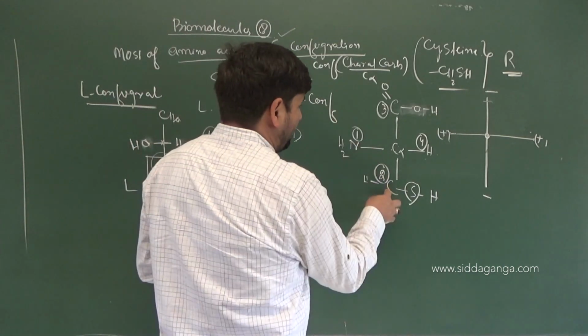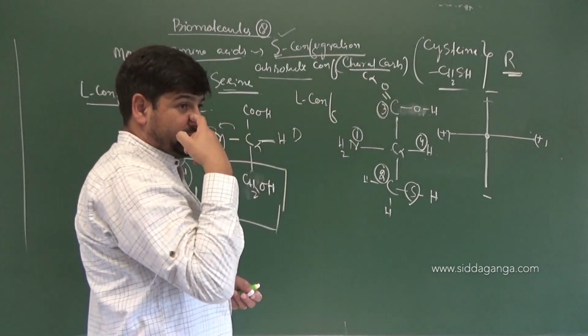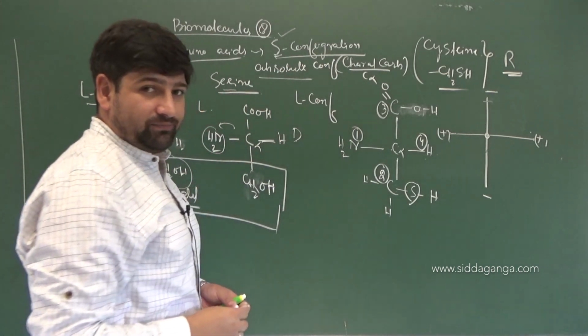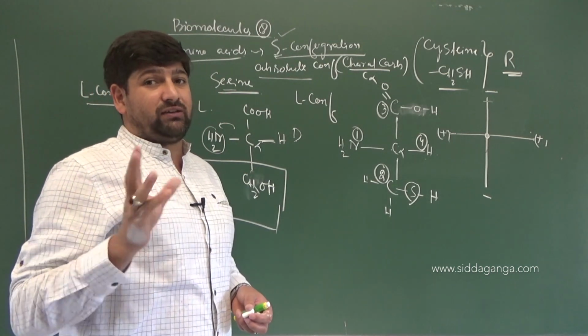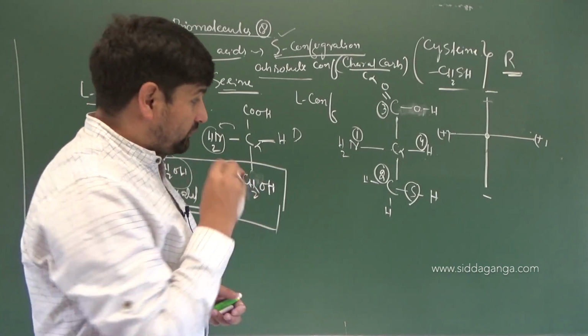Now this is number 1, number 2, number 3. I will forget about this hydrogen itself. I will not take hydrogen into consideration itself. What did I mention? This cysteine is which configuration containing? R. Most of the amino acids are in which configuration? S. But cysteine is the one which is in which configuration? R. What's the reason for that?